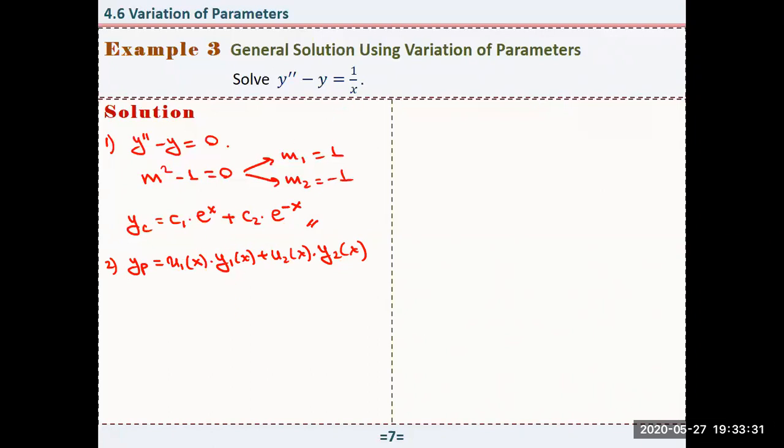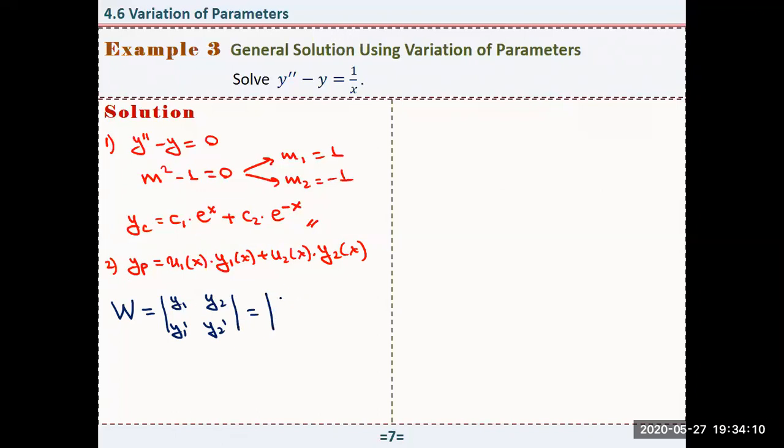So we are going to use the method of variation of parameters to find the values of these functions, u sub 1 and u sub 2. So to do this, in this method, first we need to find the Wronskian determinant, right? And here we have y sub 1, y sub 2. All right. And here we have y sub 1 prime, y sub 2 prime,